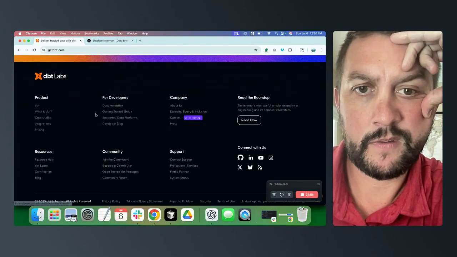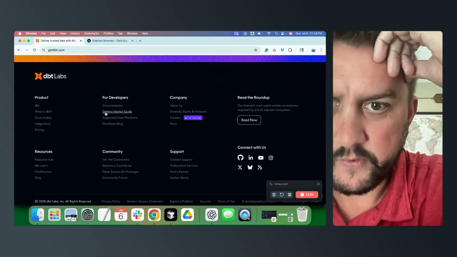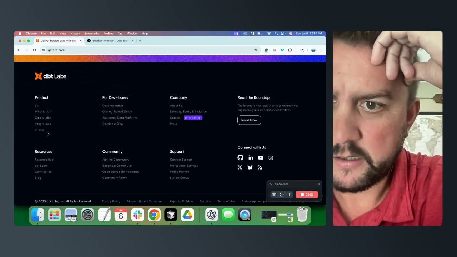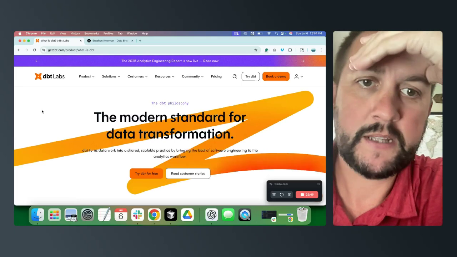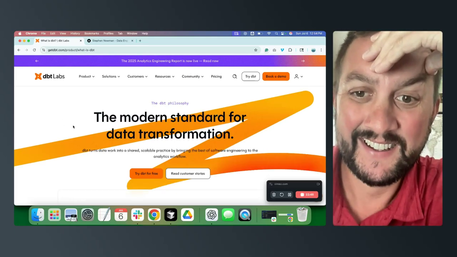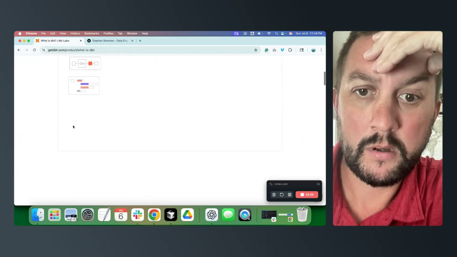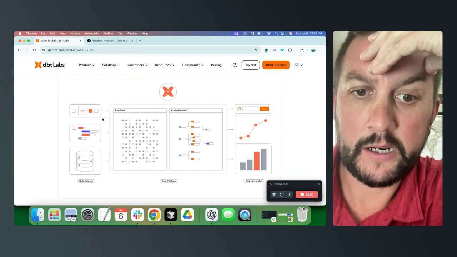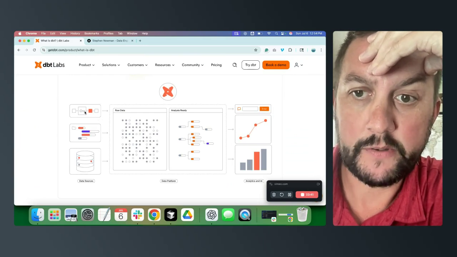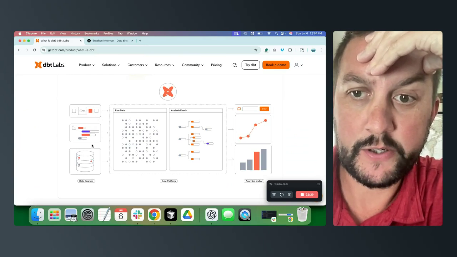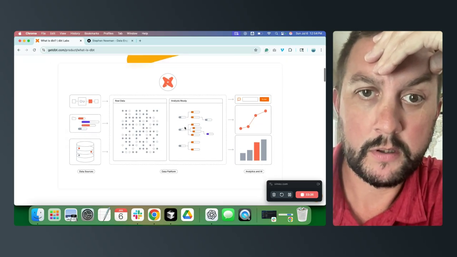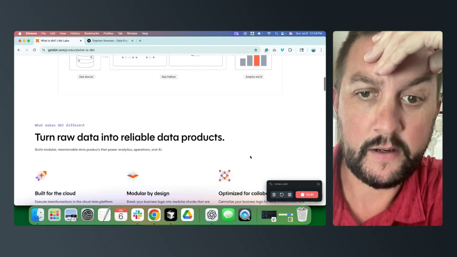All right, these are a little hard to read. So this is for developers getting started. All right, so what the hell is it? What does it do? How does it work? All right, here we go. So I'm assuming that's authentication. That's your data sources, raw, gets it ready, and then you can see trends and analysis.